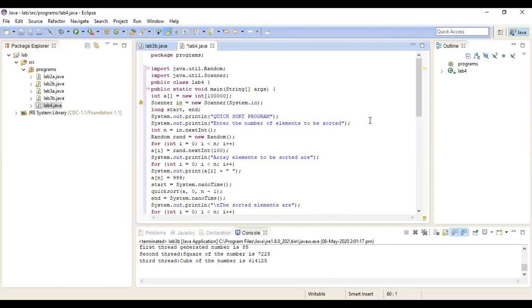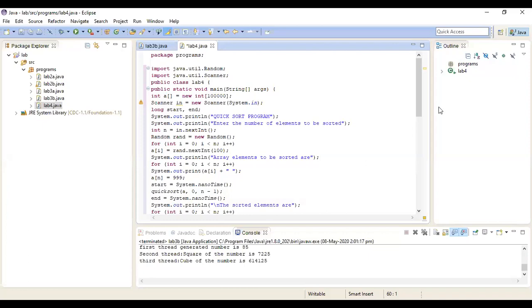I am not giving any input for the elements, but I am generating the numbers randomly. How many numbers I want to sort is an input given by the user, but the numbers that have to be sorted will be generated randomly. Then a loop for n numbers, and I'm reading the random numbers one after the other. Then I generate the array of numbers to be sorted and print the elements that are to be sorted.